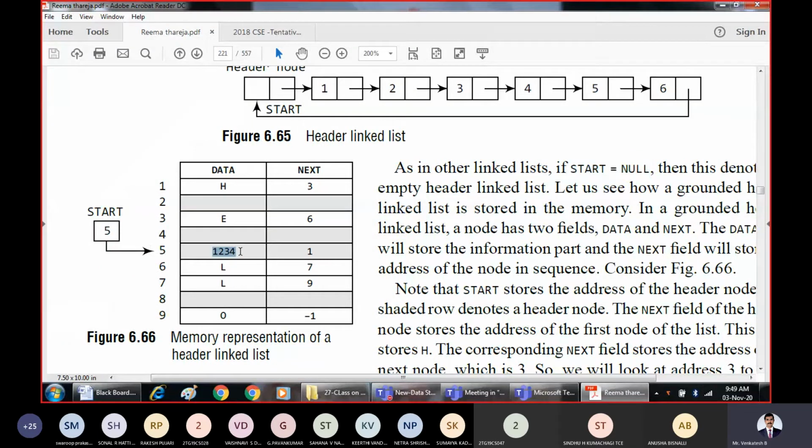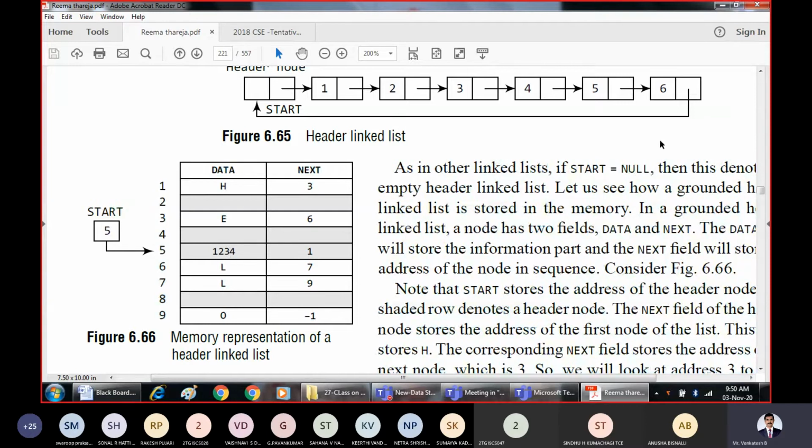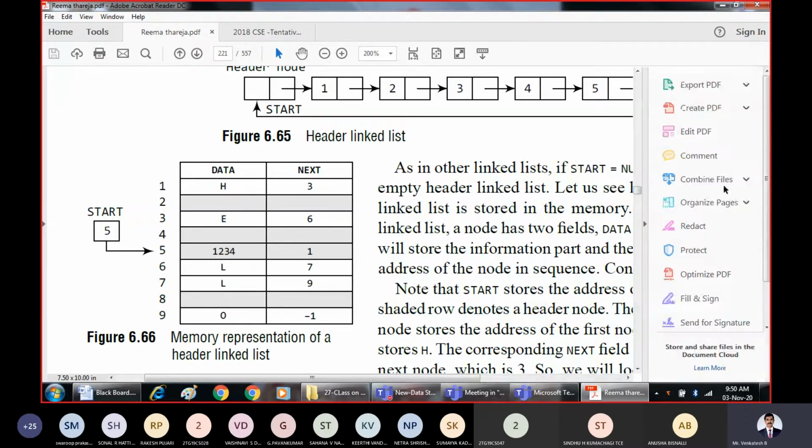For understanding purposes, some value is given for the header node, but it is not the actual data we are trying to store. 1, 2, 3, 4 is just the conventional name given for the header node, because the header node becomes the first node of the linked list.